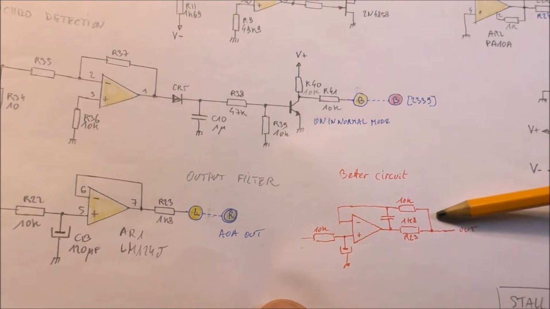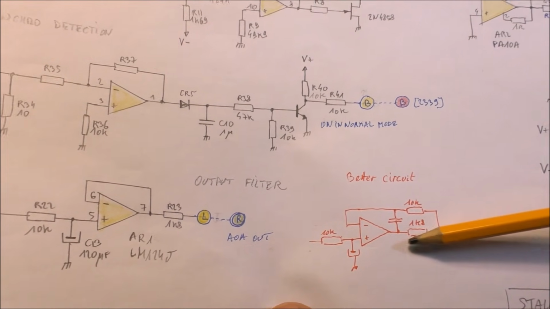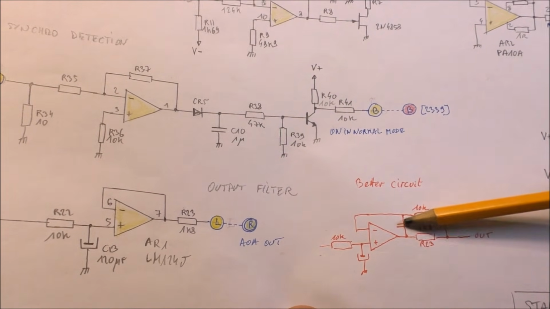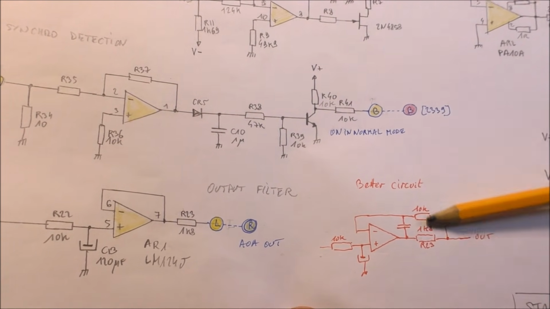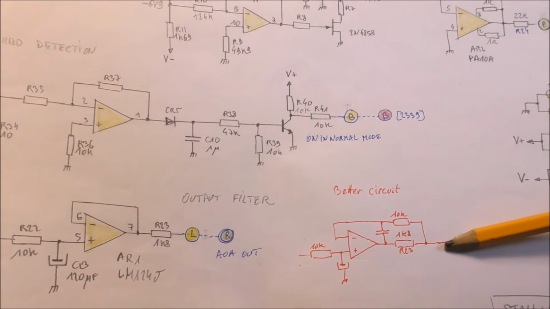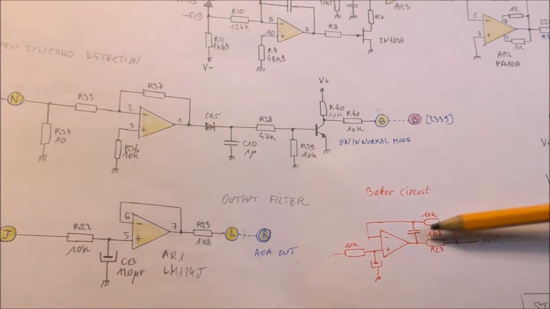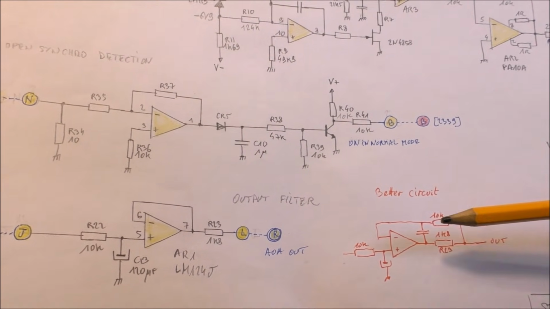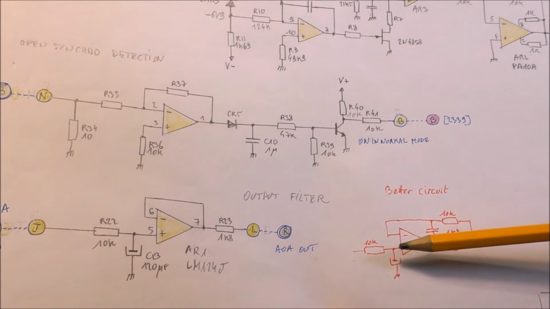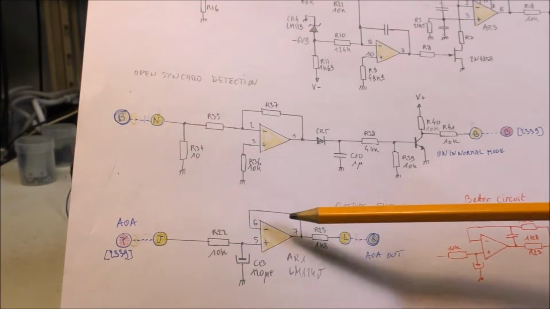In that case, the feedback is connected to the output. Okay, so there is an automatic compensation here. And you can add also a capacitor for stability. And in that case, you have a protection because you have these two resistors. Okay, so if you have a load, this will increase the output of this op-amp. But anyway, you have a compensation of the voltage drop here. And at the same time, you have a compensation of the bias current of this op-amp using this resistor. This is not the case here.